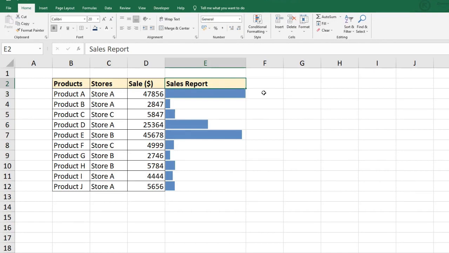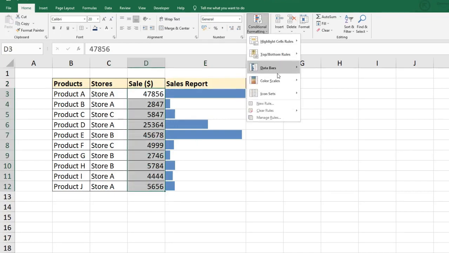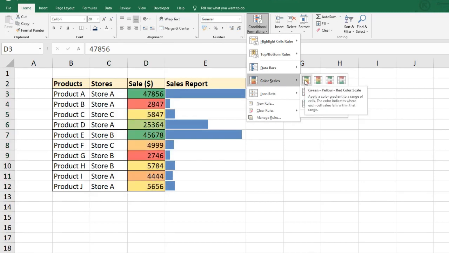You have more options for your data representation, like I am selecting these cells, go to conditional formatting. You can use this option, color scales. What this will do is it will give you a gradient color range to your cells. For example, here the green color is the highest and the red color being the lowest.